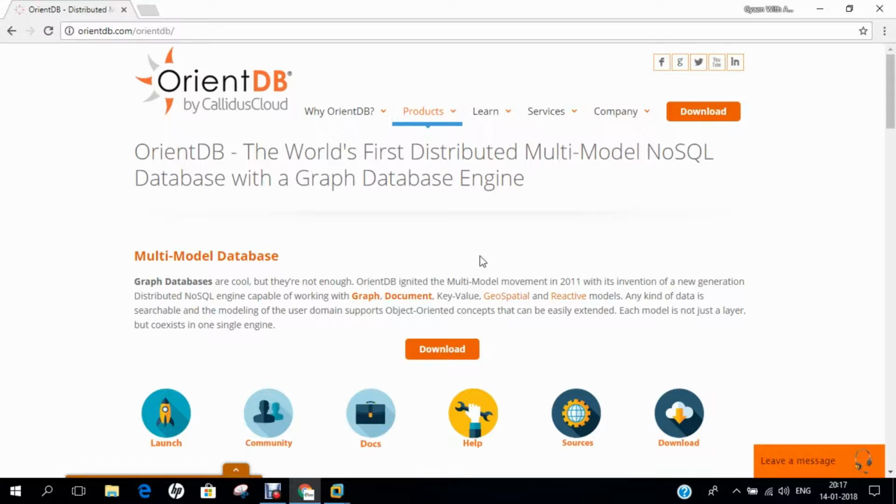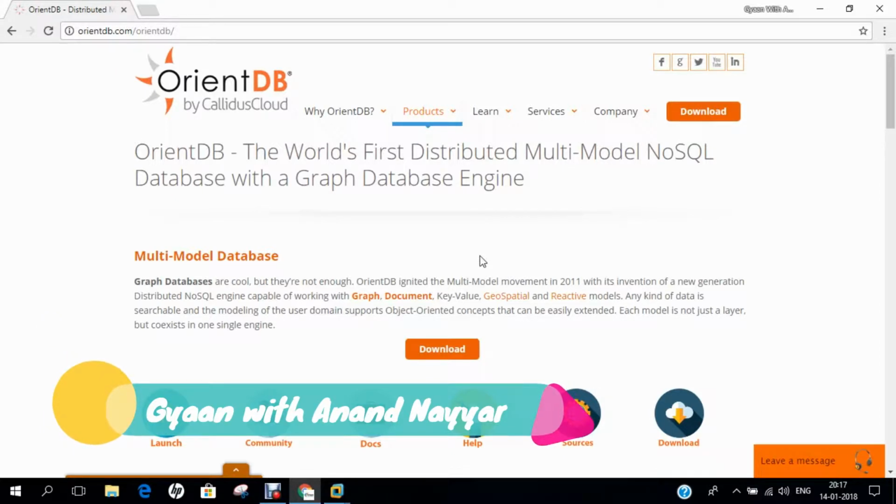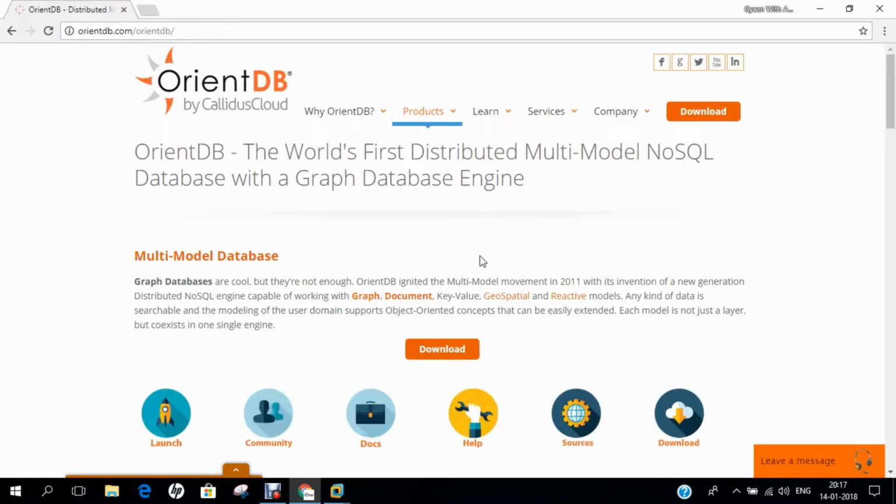Now let's come to some introduction of OrientDB. OrientDB is an open source NoSQL database management system written in Java. It is a multi-model database supporting graph, document, key value, and object models, but the relationships are managed in a graph database with direct connections between records. It supports schema-less, schema-full, and schema-mixed models. It has a strong security profiling system based on users and roles, and supports querying with Gremlin along with SQL